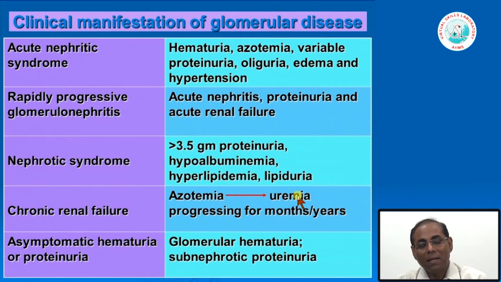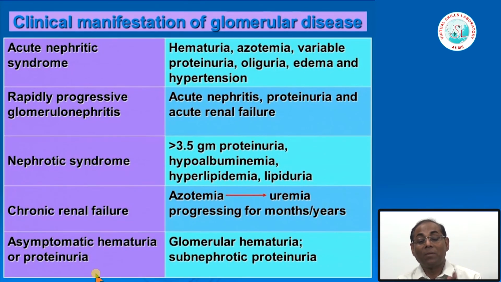If we ask how all the glomerular diseases which we have classified present clinically, interestingly, even though there can be thousands of permutation combinations of the structural issues, with immune complex deposit or without immune complex deposit, there are only 5 clinical presentations or clinical syndromes, and that is why it is very important for the clinician also to understand exactly